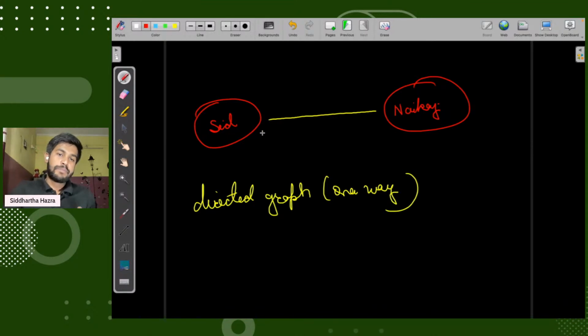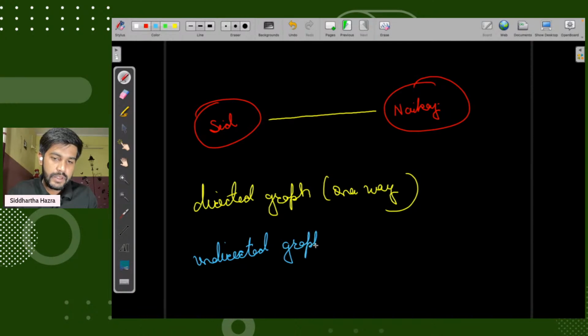Now, suppose this is a proper road where I can go to Nakaj's house and Nakaj can visit me, and we both can do the same. We can visit each other's house and then come back. If this is the scenario, then we can safely say that this is an undirected graph.